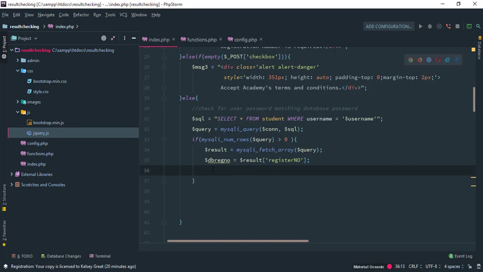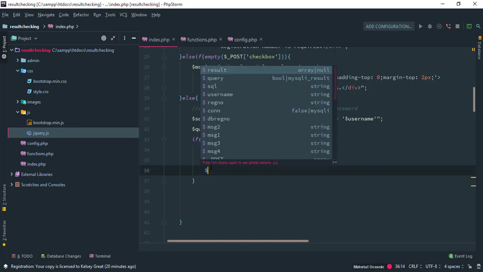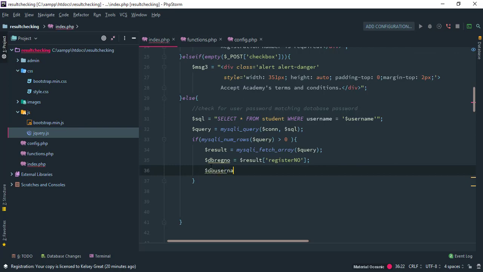So while that is loading, I will come back to my editor here. Then I'm going to also fetch the db username again. So db username will be equals to result username. Okay, result username. Alright,